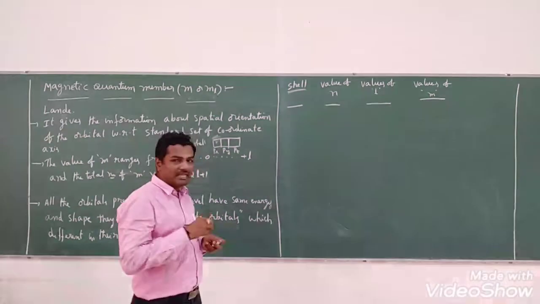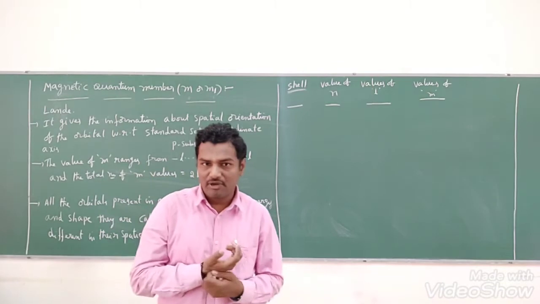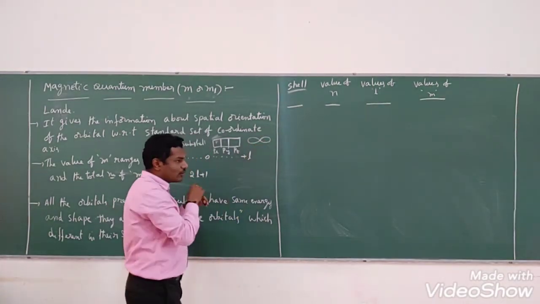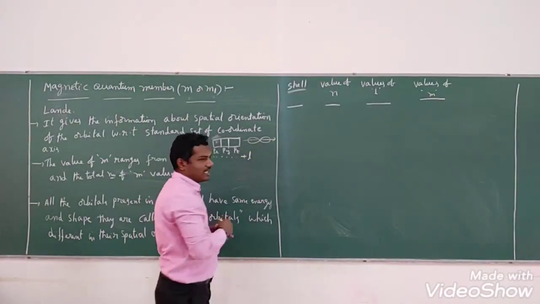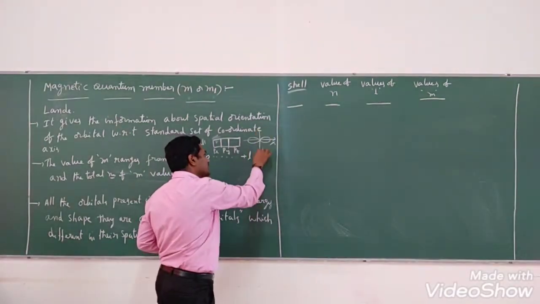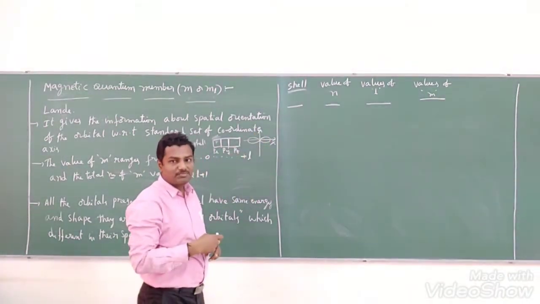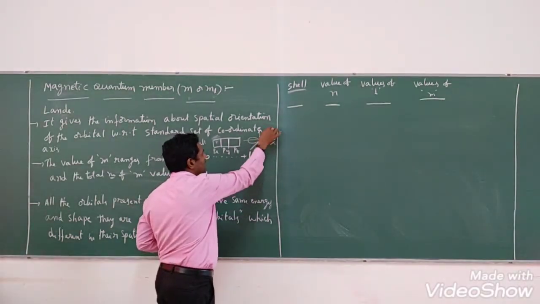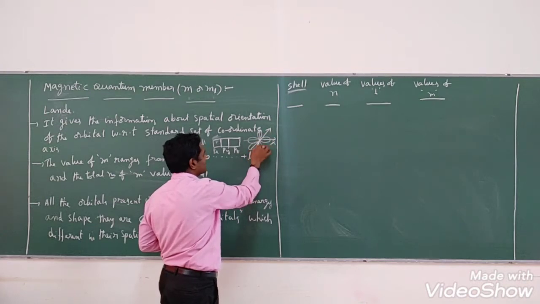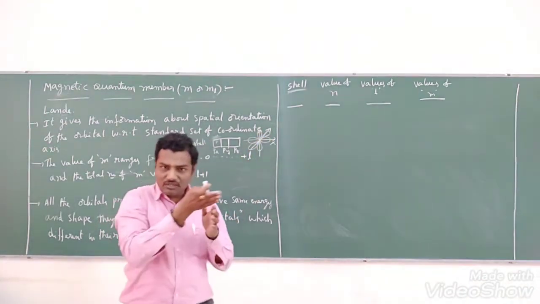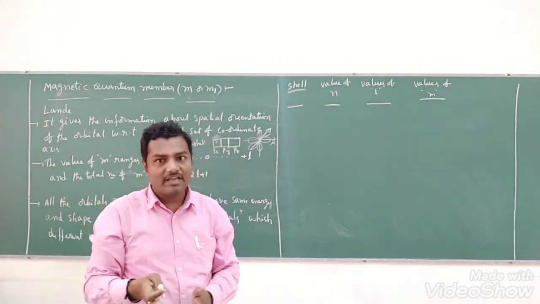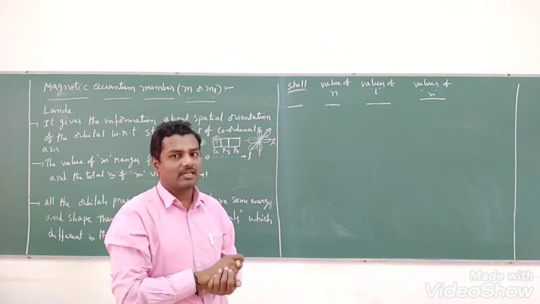Here the p orbital shape is a dumbbell shape. We know that already. A dumbbell is nothing but two lobes. If two lobes are present along the x-axis, we call that the Px orbital. If two lobes are present along the y-axis, that is the Py orbital. If the two lobes are present along the z-axis, that is the Pz orbital. Right students?